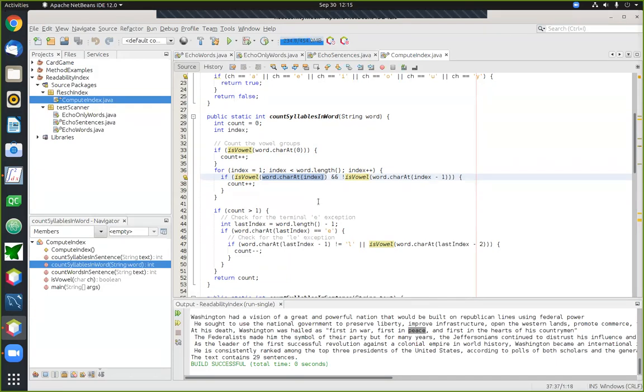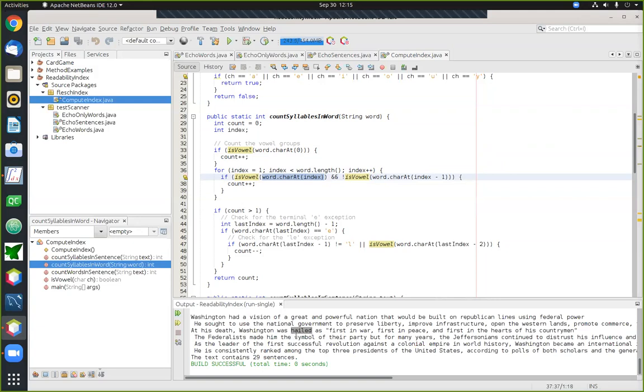Now again, the general rule here is that each time you come across a vowel, it marks the presence of a syllable. But you have to watch out that you don't overcount, because when you have a pair of vowels in sequence, like the A and the I in this word, that pair of vowels does not count. So the way we're going to work this is that whenever we come across a vowel, we will count it if the thing before it is not a vowel.